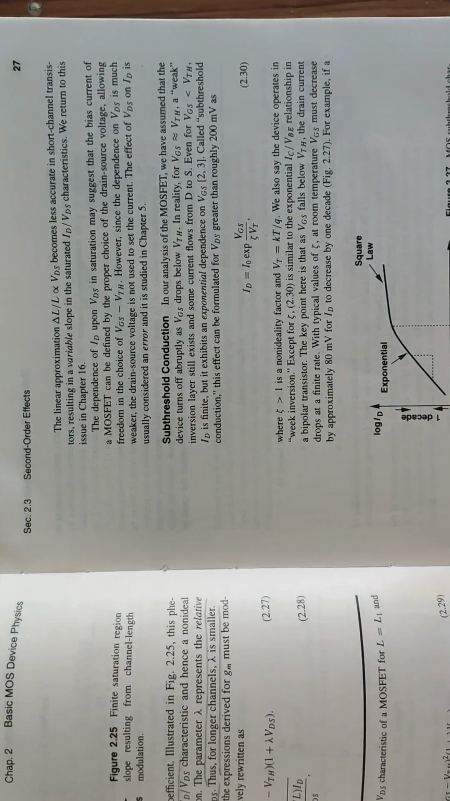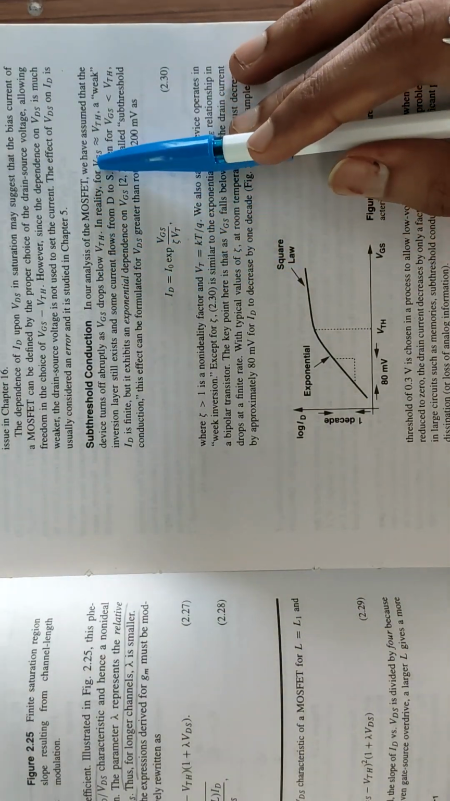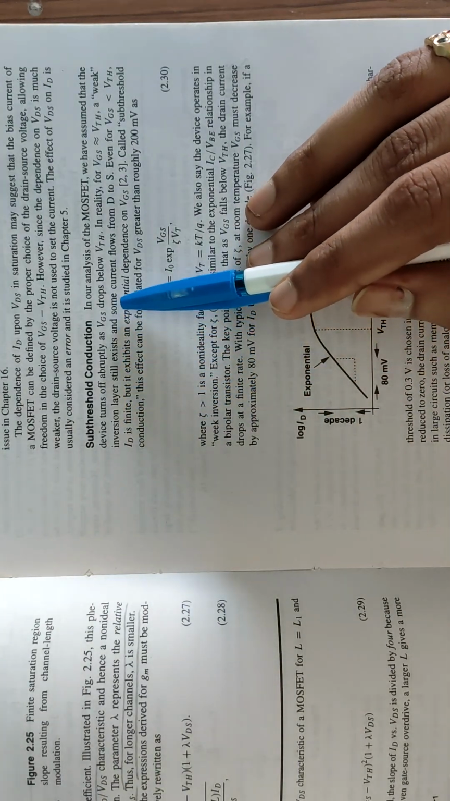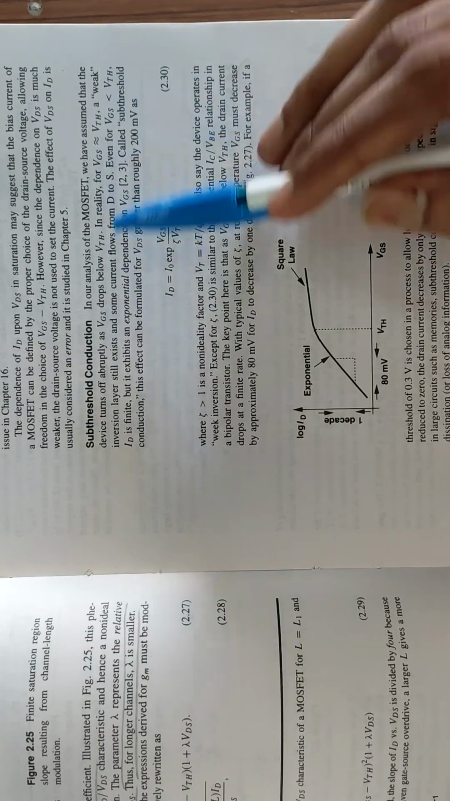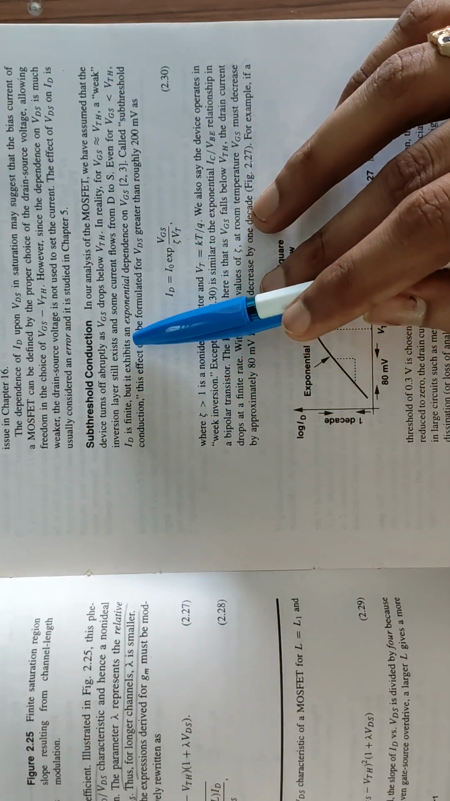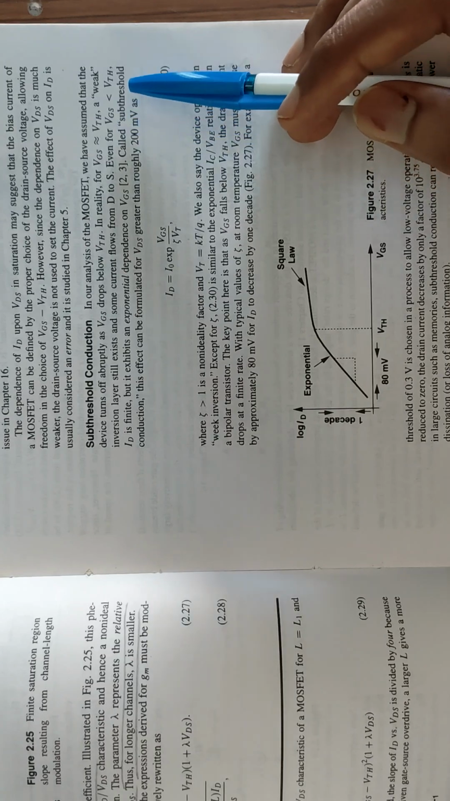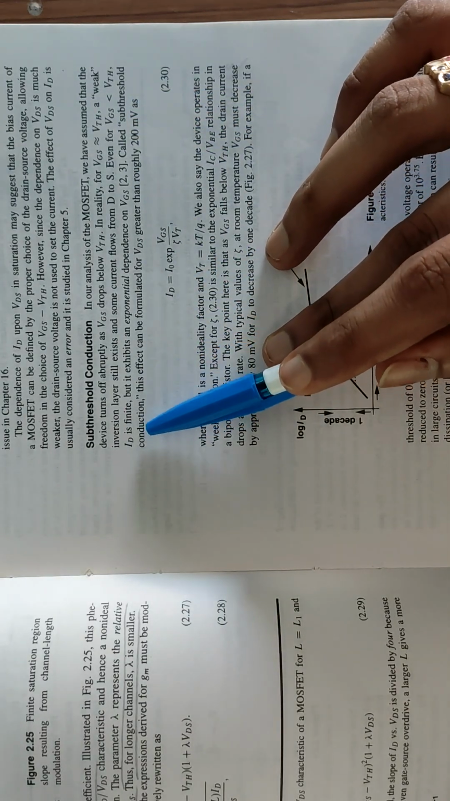Subthreshold conduction. In our analysis of the MOSFET, we have assumed that the device turns off abruptly as VGS drops below VTH. In reality, for VGS similar to VTH, a weak inversion layer still exists and some current flows from D to S. Even for VGS less than VTH, ID is finite,